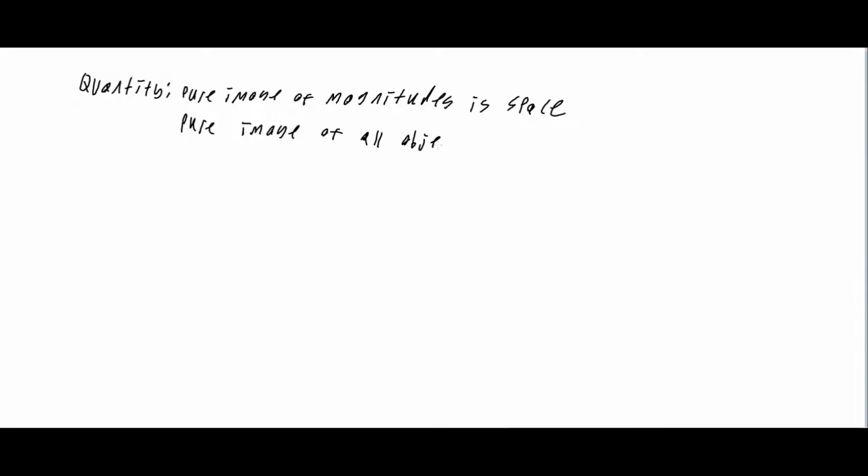And so for quantity, he says that the schema is the pure image of magnitudes, which is space. So space is the schema of quantity. And he says that it's also the pure image of all objects of senses in time. And so the pure schema of magnitudes, he says,